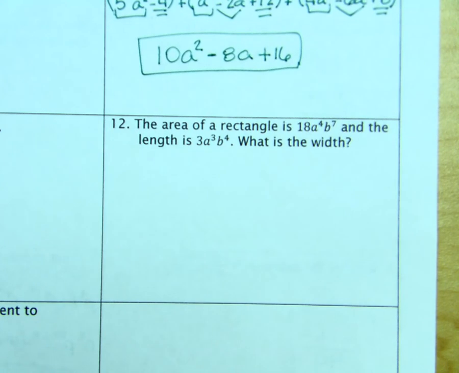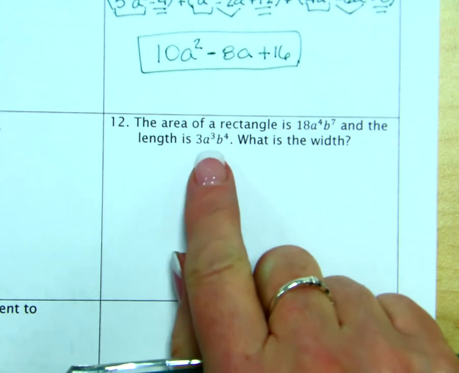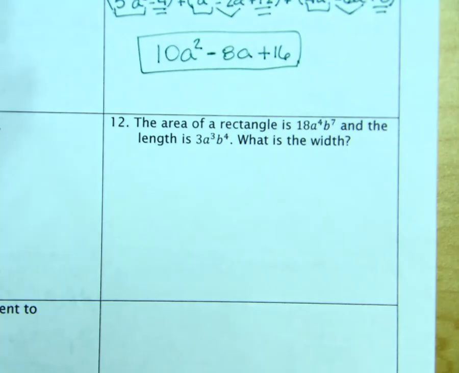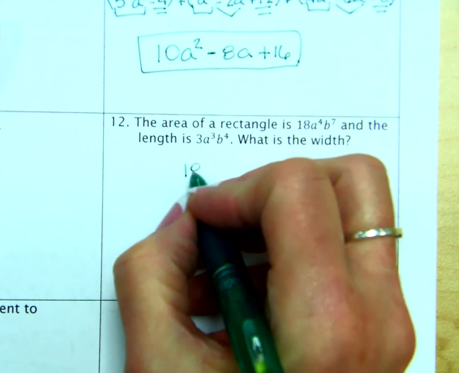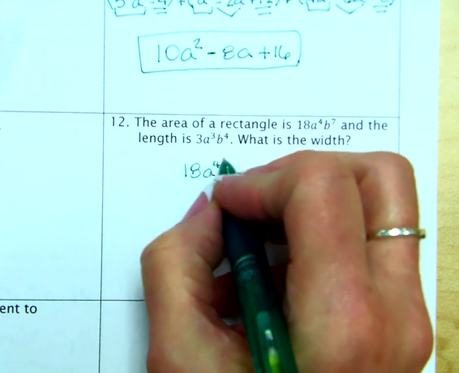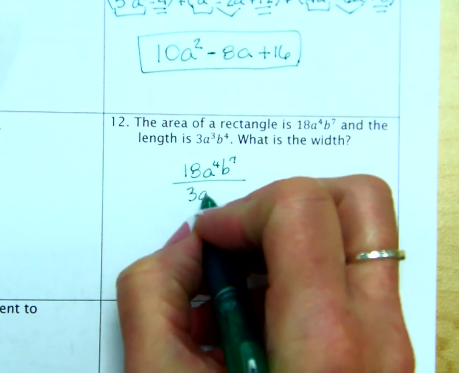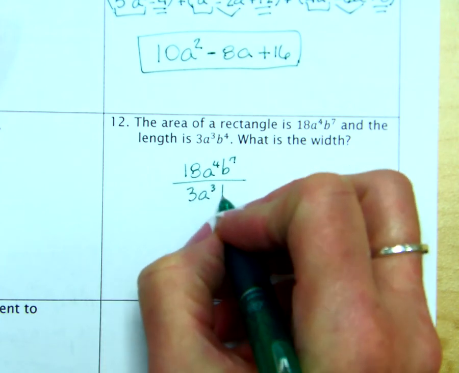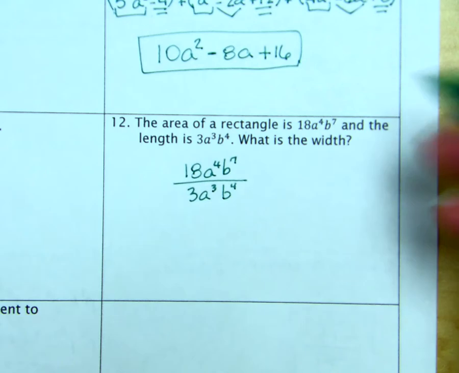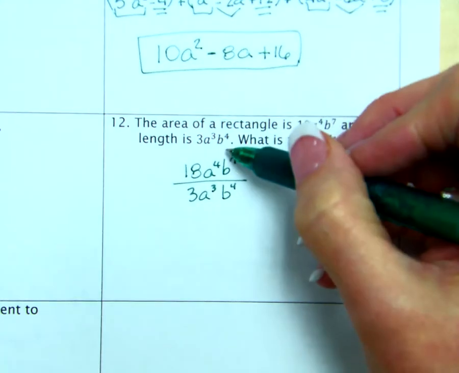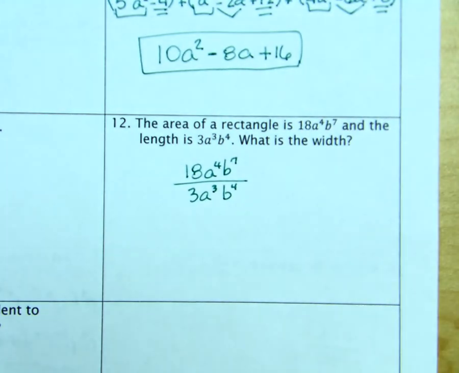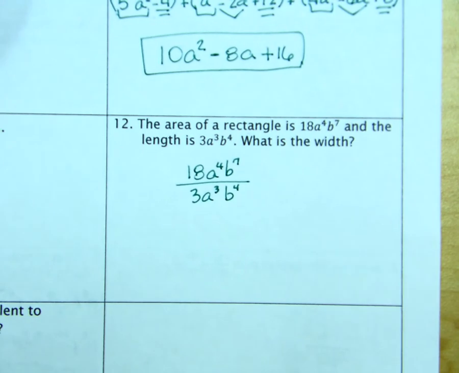For problem number 12, we have the area of a rectangle, and we have its length, and they want us to tell the width. We know that length times width equals area, so if I take the area and I divide it by the length, I'm going to get the width. So I take my total divided by one of the parts, I get the other part. So we just simply apply our